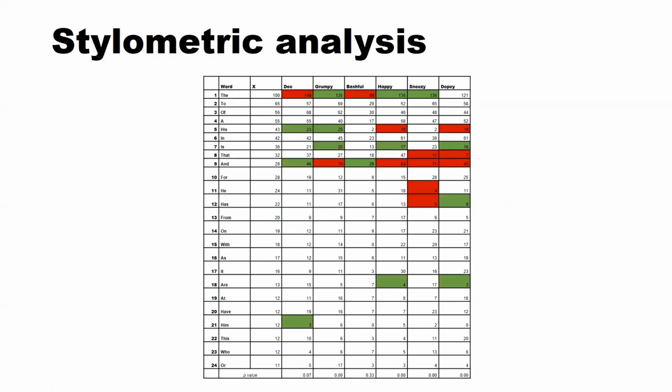My first port of call was I wanted to do a stylometric analysis. This is basically a little bit of statistics. What I did was I took out the first 24 most commonly occurring words in the blog. You put in under X, this is the blog, and I said how many times "the" was used, how many times "to" was used, of all those words, how many times the blog had them. And then I did the same for each of the suspects.